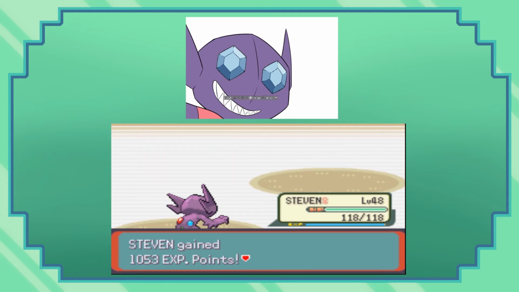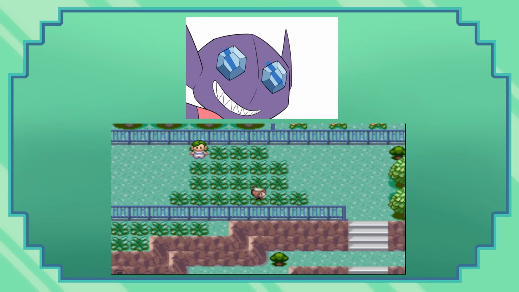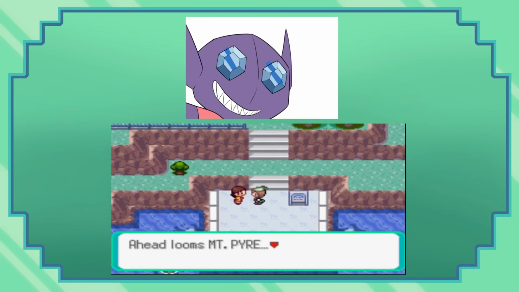It was obvious our current strategy wasn't working, but then I realised we have the Shockwave TM from Watson that Sableye can actually learn. The attempt after that made me feel a bit stupid because it immediately became really easy. At level 49, we got the Feather Badge. Finally. We spot some pirate grunts en route to Lily Cove and follow them to Mount Pyre and end up